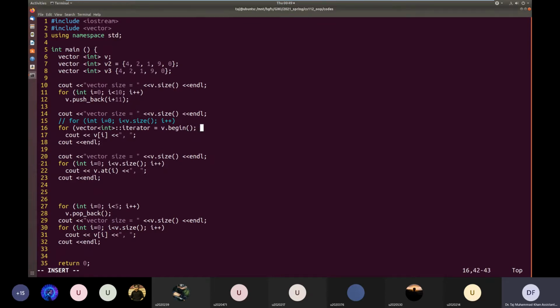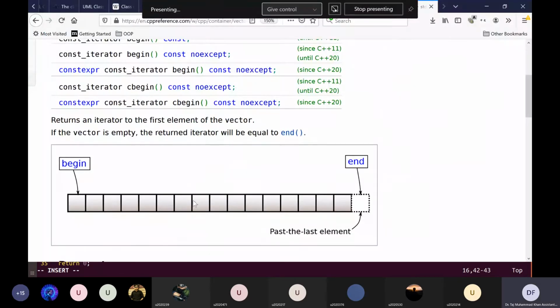So I have the iterator for the first element of the vector, and then I will now put the condition. Normally with I I'll put I less than 10 or I less than size, etc. So for these iterators, again the vector contains another complementary function to begin, which is called end.